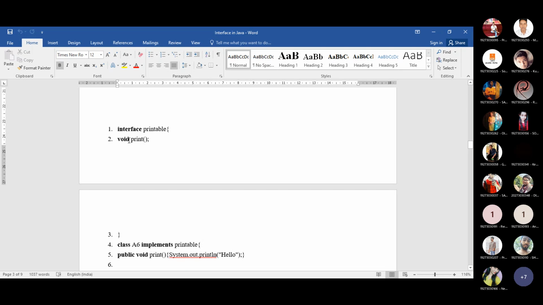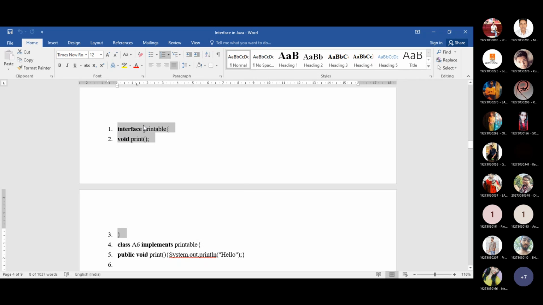That's why, look at this, after the declaration of this method there is a semicolon. That means this method doesn't have any body, so this method is an abstract method. So this is the syntax for declaring any interface.